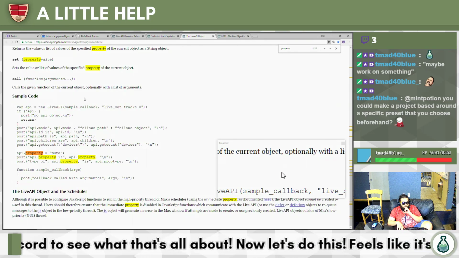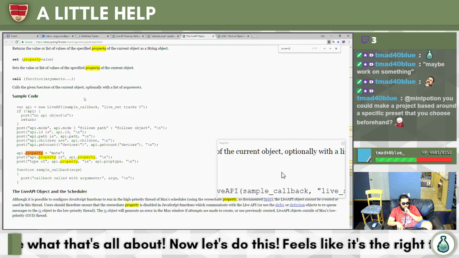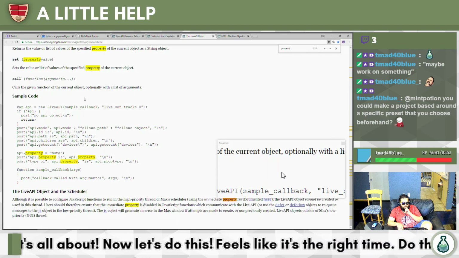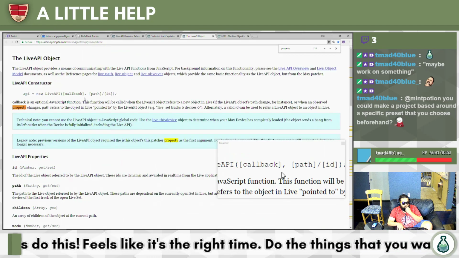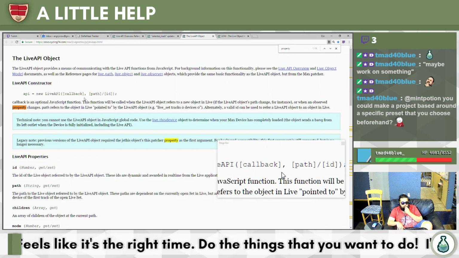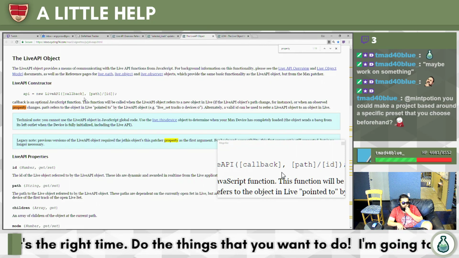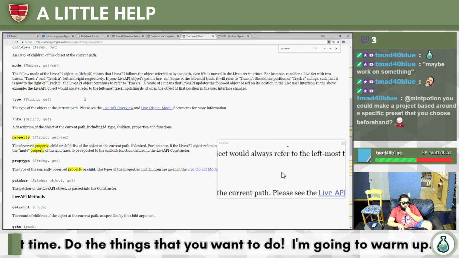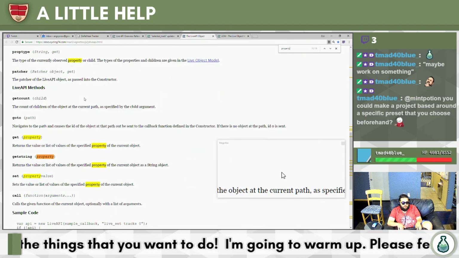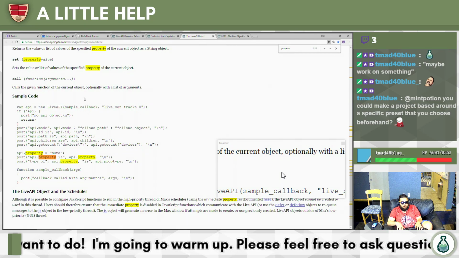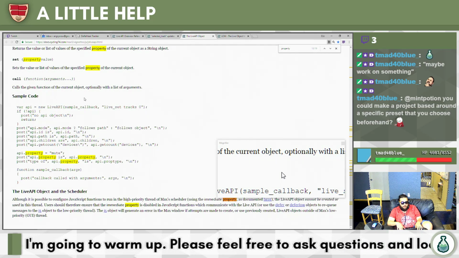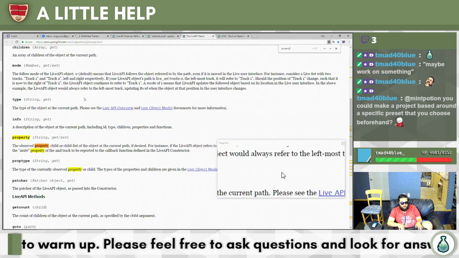Oh, interesting. Object and the schedule. So that's basically all those references. API property mute, just how we're making a callback function for that property.